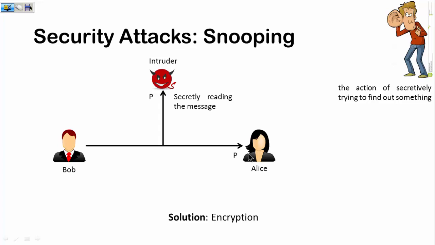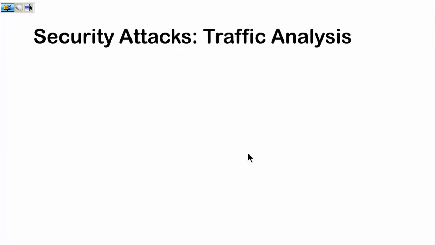So the confidentiality has been breached and it is a passive attack. The solution to this problem is that you encrypt the plain text, and instead of sending the plain text you send the ciphertext. So the second kind of attack is now traffic analysis, which is again part of eavesdropping,